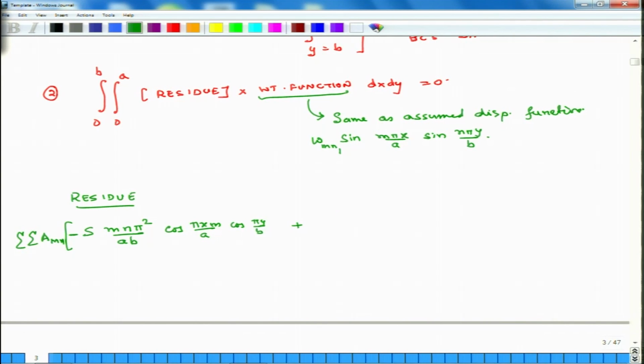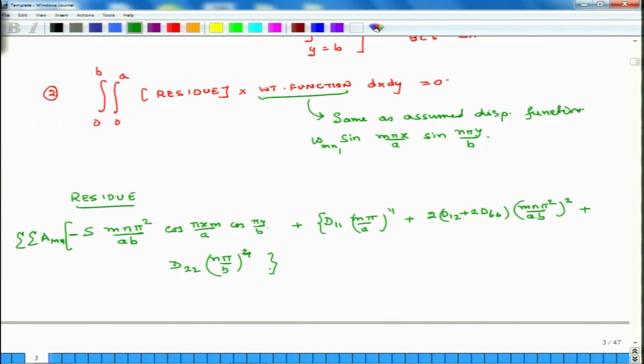Okay. And then I get all these terms related to D's. So, D11 (m pi over a) to the power of 4 plus 2 D12 plus 2 D66 (m n pi squared over a b), the whole thing squared, plus D22 (n pi over b), whole thing to the power of 4,